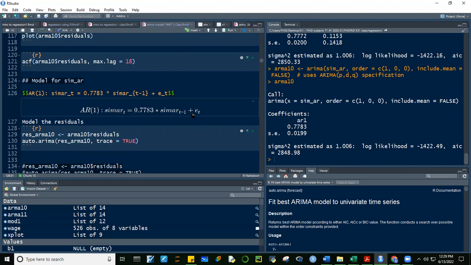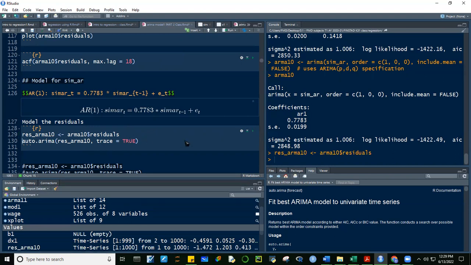No? So ito yung model natin. Okay, so next, guys, alam naman natin na ang susunod is to do diagnostics. No? So let's create this object, residual ARMA 10. Okay, and it's from the residuals. Okay. So nag-create tayo, guys, ng object na residual ARMA 10.